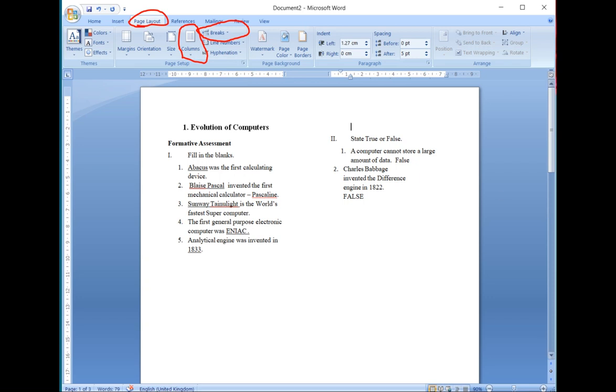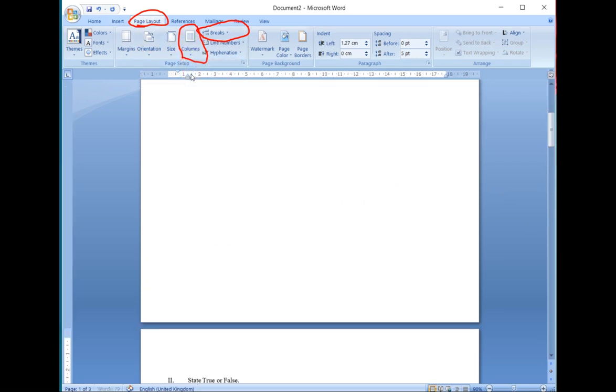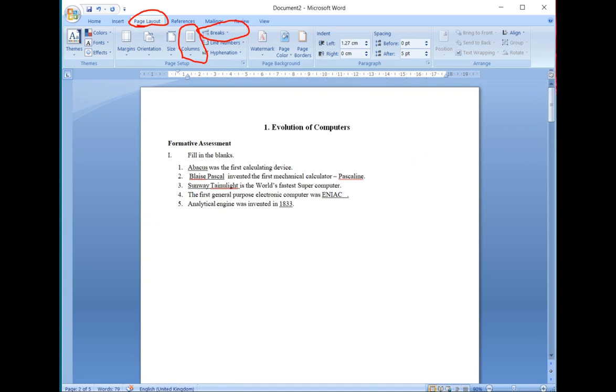So suppose now I'll remove the columns from my Word document. This is my first point.